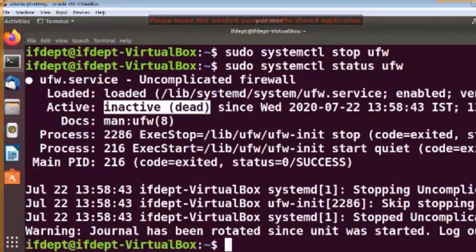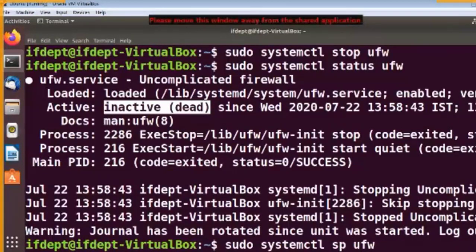Now say suppose after stopping this, again I have to start this here. So what I will do here, instead of stop, I will just type here start. Sudo systemctl space start space UFW and press enter.